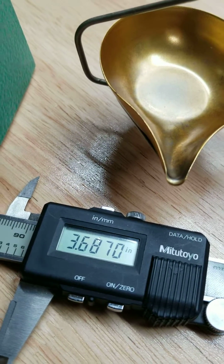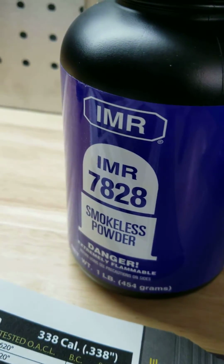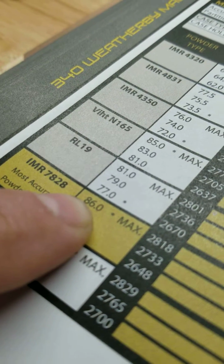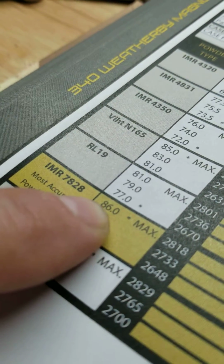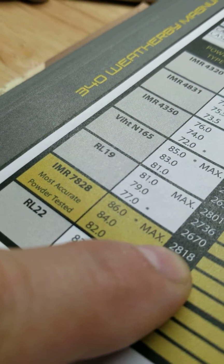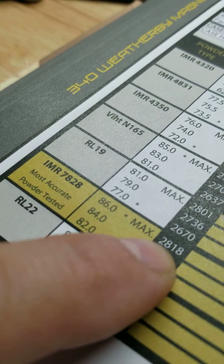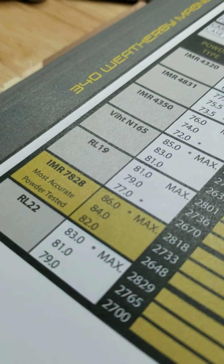So now I'm going to load another 3 rounds, and we will begin that with IMR 7828. And if you note in the book, IMR 7828 has a maximum charge of 86. Well, we're starting, again, considerably higher because we found in our testing 86 grains got us a velocity near 3,000 feet per second. The book lists 2818. Again, I have an advantage in the barrel length of 27.25 inches, so that probably did contribute for a velocity increase, but also I was running a max charge of